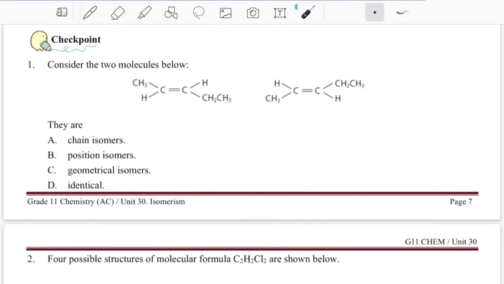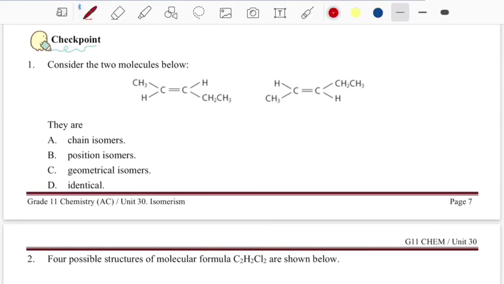And how about position isomers? The functional group for these two molecules is a C=C double bond, and you can see the C=C double bond is between the second carbon and the third carbon. Second and third carbon, so they are not position isomers. So we just need to focus on whether they are geometrical isomers or not. If you pay attention to the molecule on the right hand side and study its structure carefully,